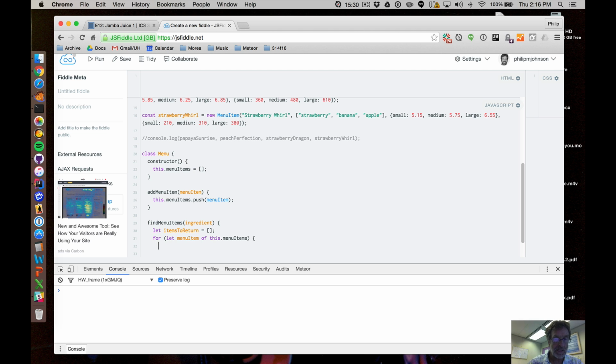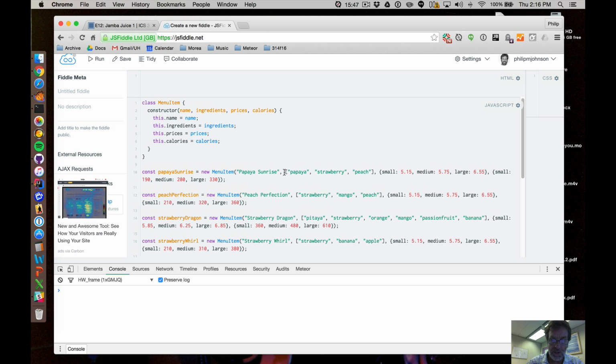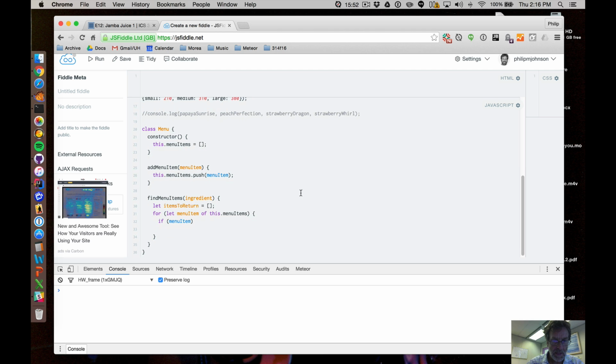Okay, so we're going to say here we got a menu item, and then we say within it, if menu item has a list of ingredients, right? Okay, so the question is, how do we say menu item dot ingredients? How do we check to see whether we have this value ingredient as a member of this array